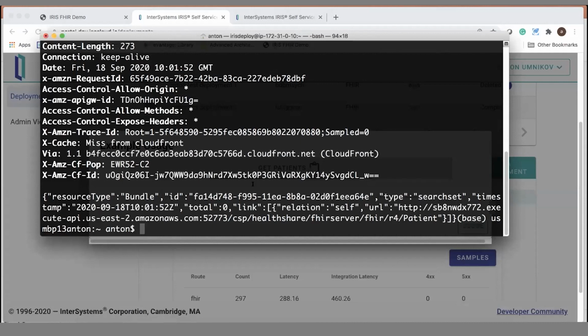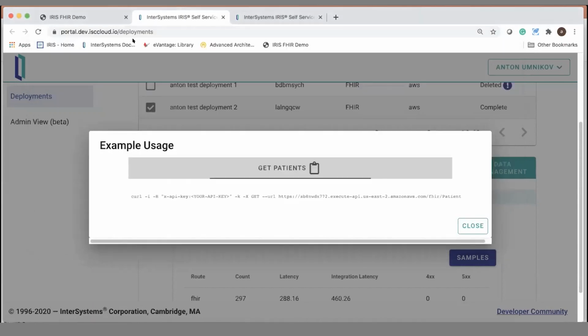And I apologize, it's not that readable in the command prompt. We were discussing, should we do that in a tool like Postman or in the command prompt? My idea is that you should do that in the command prompt, because if you are a hardcore developer, you know exactly what's going on on the screen. If you can do the curl request from the command line, you know how things work and how you can deal with them. And right now, we did the request. We see that there are 0 patients in the system,